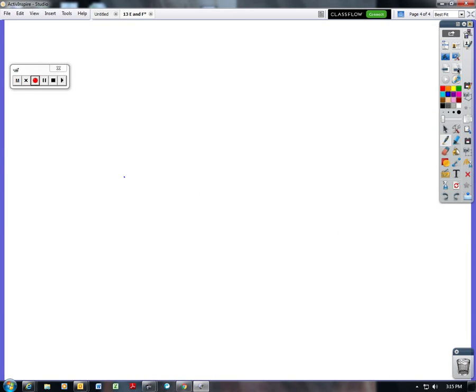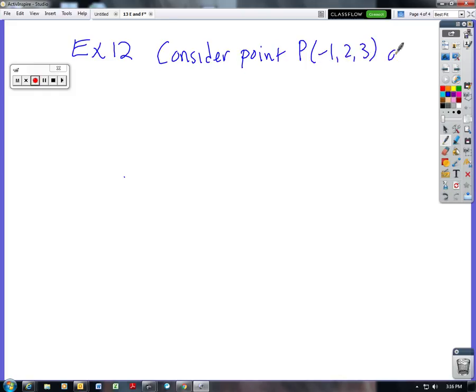Example 12 is next. We only have 2 more examples, one in chapter 12 and one in chapter F. Okay. Example 12 says, consider the point P -1, 2, 3, and the line with parametric equation